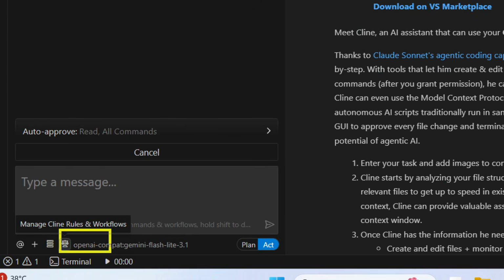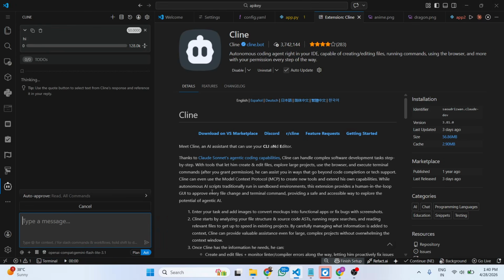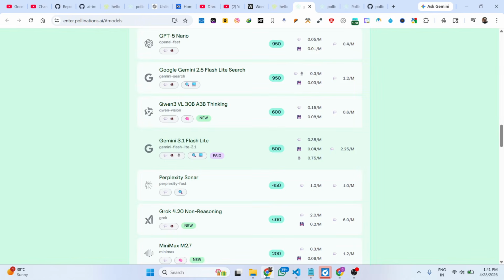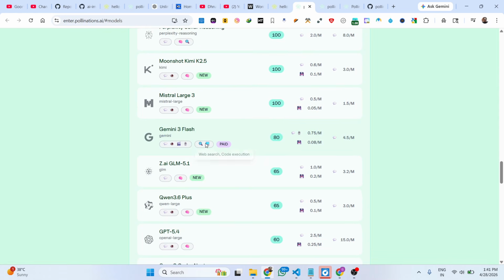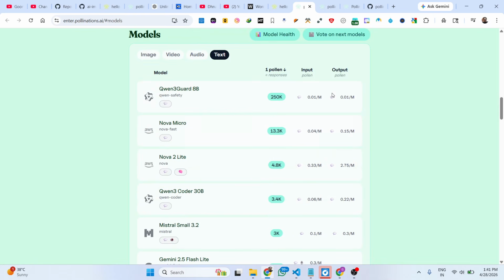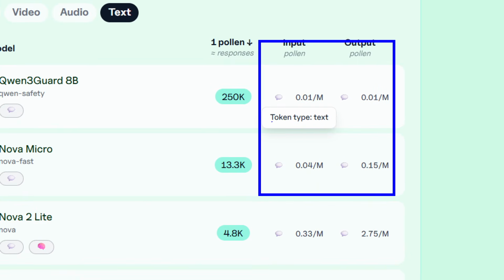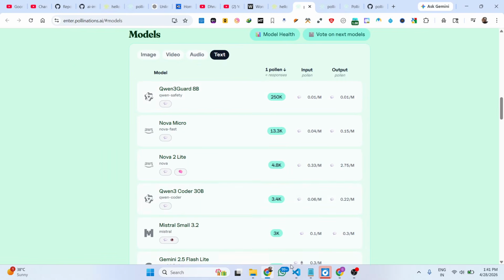So you can see using this, all these models are supported. You can simply copy the name here, for example Kimi K2 Moonshot. The pricing is also listed out, showing how many credits it will consume for input and output. So the response,